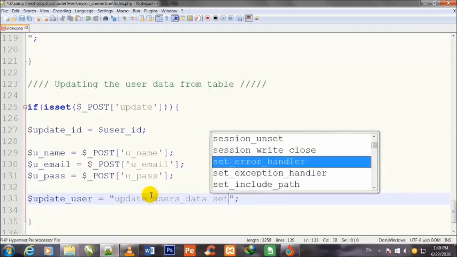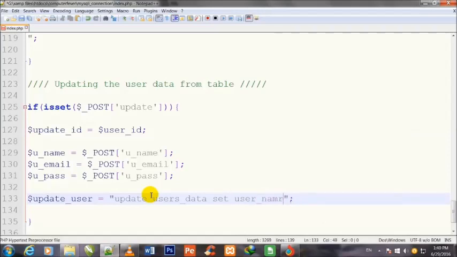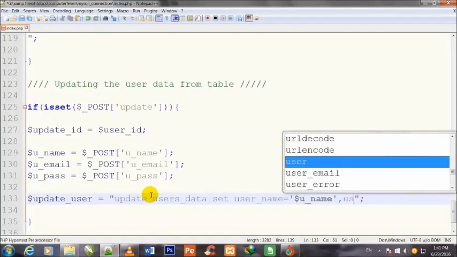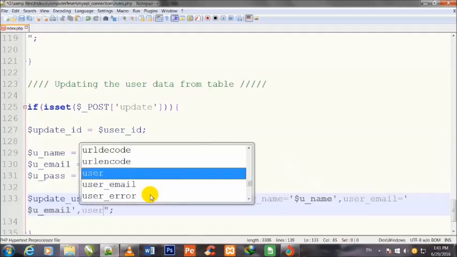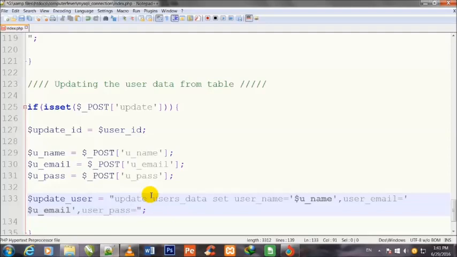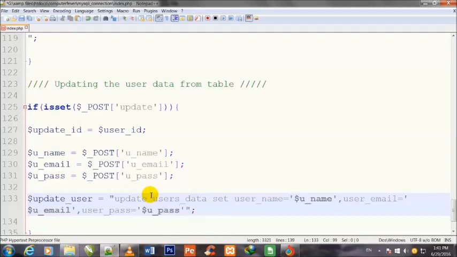Update users_data, my table name, set username is equal to single quotes $uname, comma, user_email is equal to single quotes $u_email, comma, user_pass is equal to single quotes $u_pass,